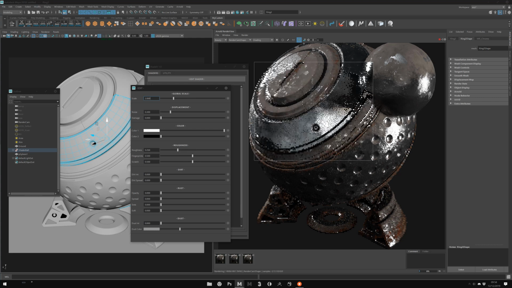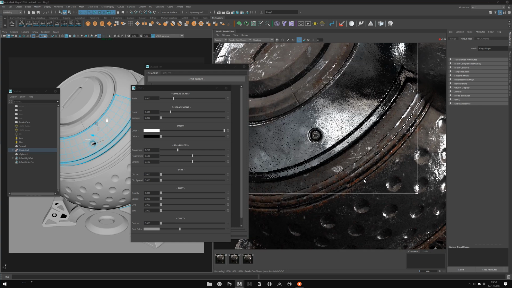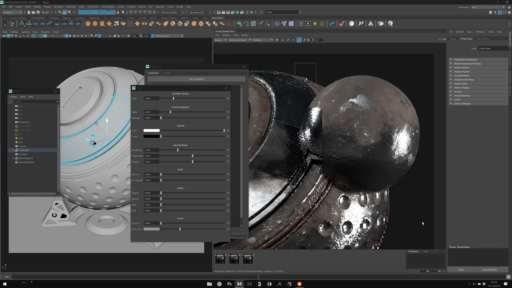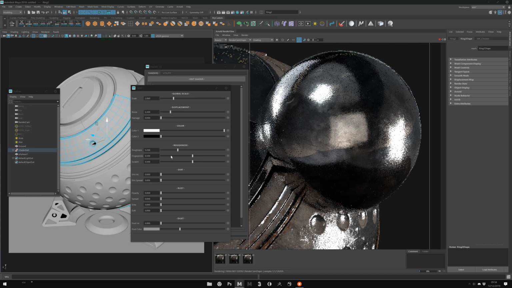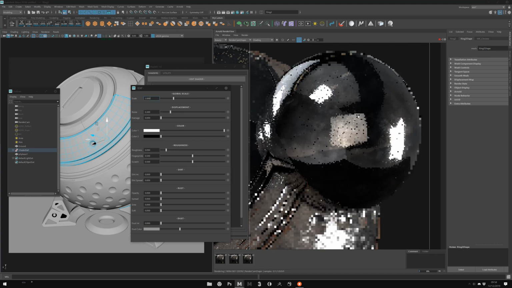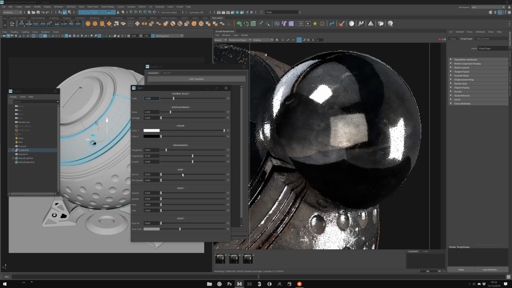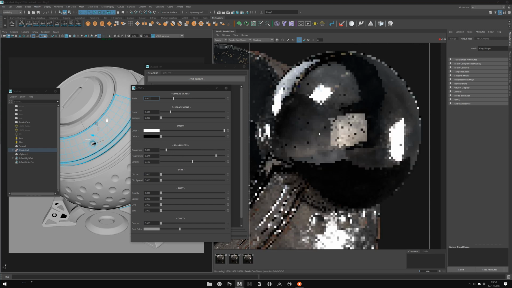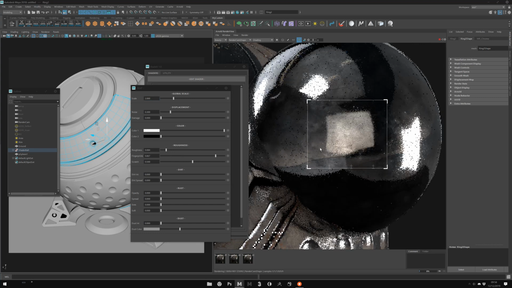You have the roughness, but you also have some, maybe here, yes. So you have the roughness effect for your chrome, but you also have some fingerprints. So it's really subtle, but you can control that. Or less or more scratches on the render.